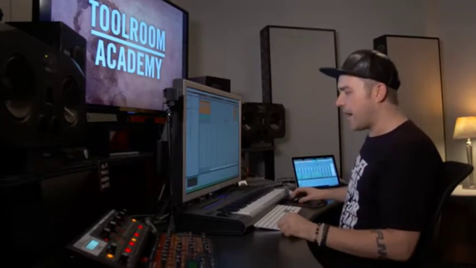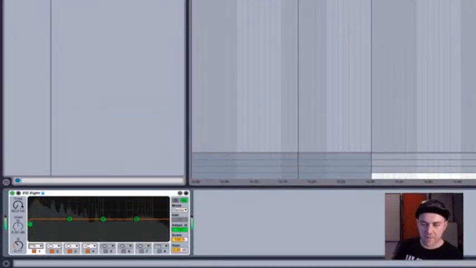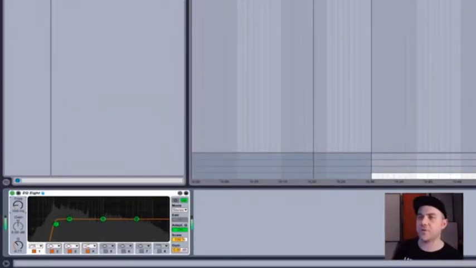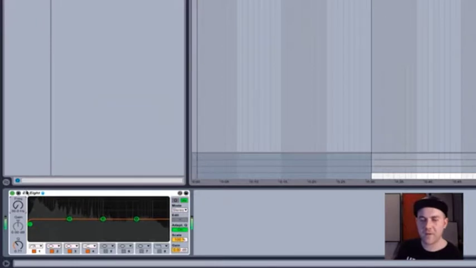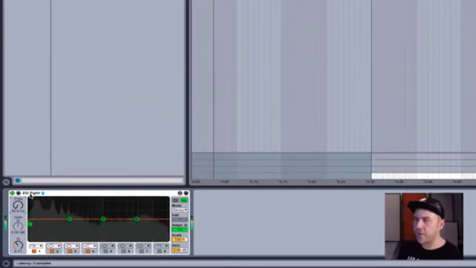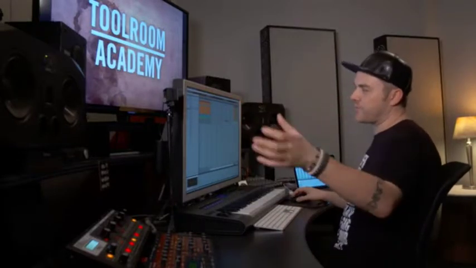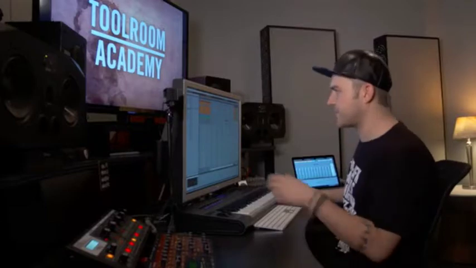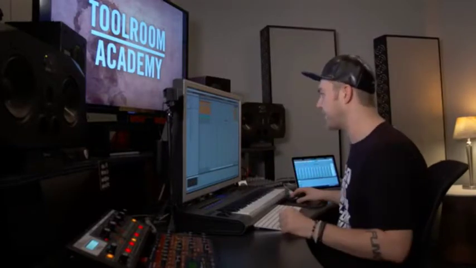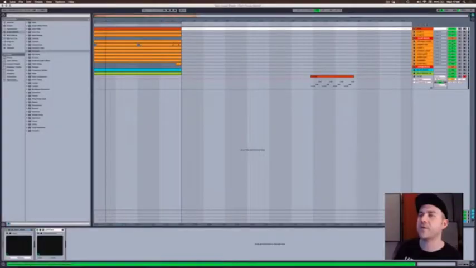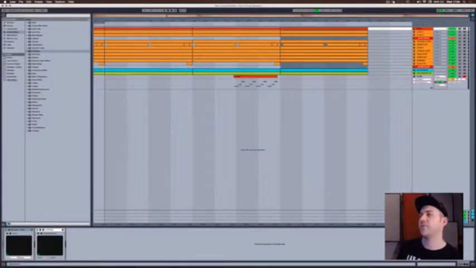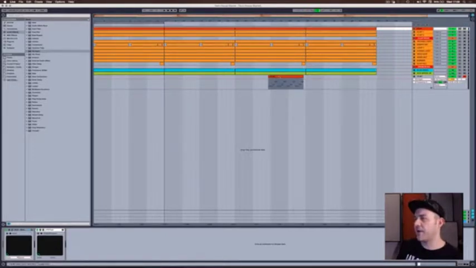So say you'll put a low cut on, and you'll let that ride out for a little bit before dropping back in when the kick's going to come back in. It's a very DJ-friendly kind of music, so you'll want the track to build up. I'm not going to go through all the drum intro and stuff, but let's just assume that we've done the drum intro and that this is the main section. So we're going to pull this across the screen maybe for 2 minutes, right? And in this 2-minute section,